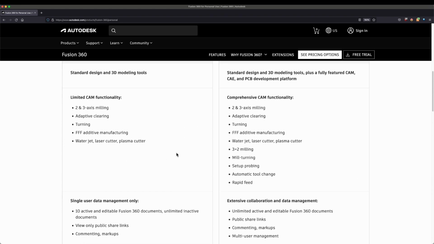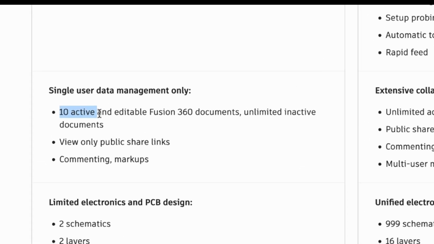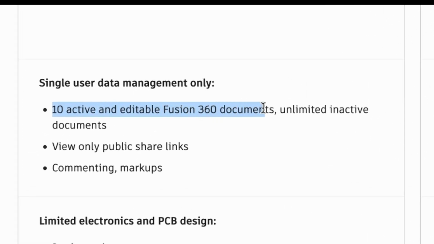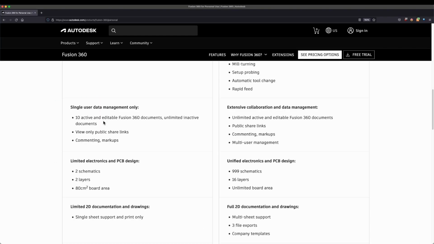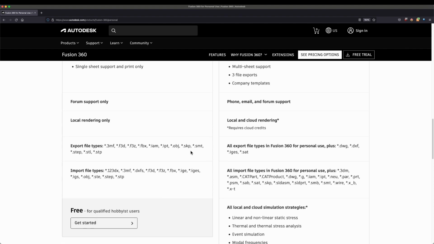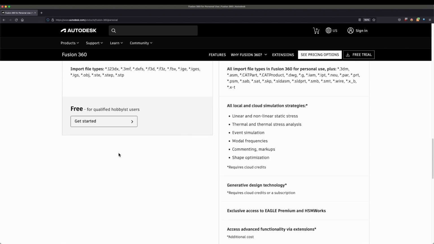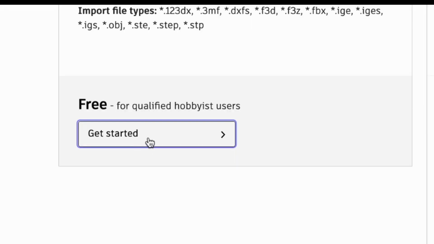Limited functionality. Probably the biggest thing that you're going to run into is just that you can only have 10 active and editable Fusion 360 documents. And that's not really that big of a deal. It just means that you have to select certain ones and make them inactive until you select them again. So it just kind of slows down the workflow, or it could, but it's not like it deletes them. It just makes them inactive. So a little bit limited in the file export types. But it's free. So if we go down here and we click Get Started,